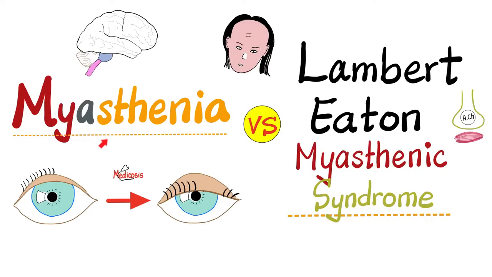Today, we shall compare between the two, Myasthenia Gravis and Lambert-Eaton Myasthenic Syndrome. Both of them are autoimmune diseases. Myasthenia has antibodies attacking the post-synaptic muscle, namely the acetylcholine receptors on that skeletal muscle. But in Lambert-Eaton Myasthenic Syndrome, the autoimmune attack is against presynaptic calcium channels. I've told you before that ptosis or droopy eyelids, whether unilateral or bilateral, in a young person is myasthenia gravis